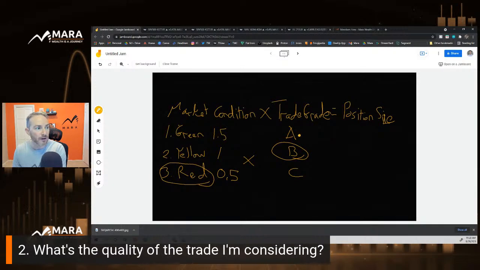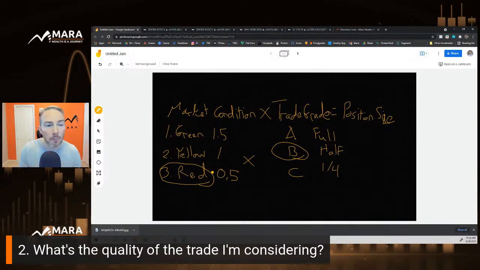For the letter grades, this is a full position, half, and a quarter. So if I am looking at this equation here,